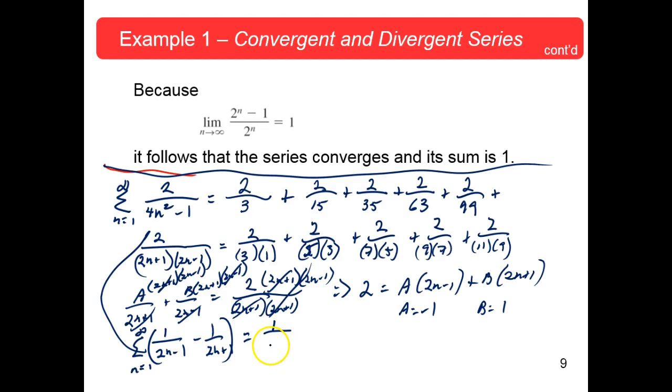What did you say? I said, I know, n equal 1. That's 2 times 1 is 2, minus 1 is 1, minus 1 over